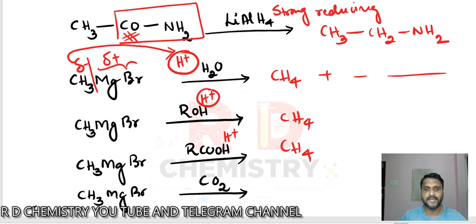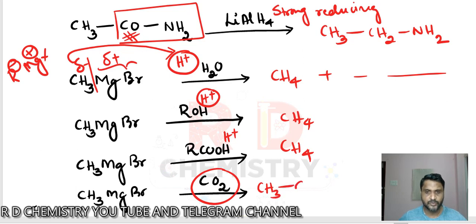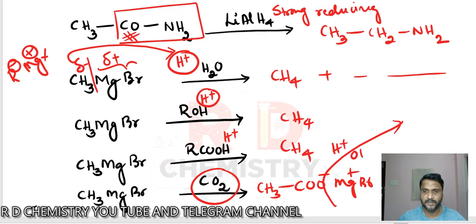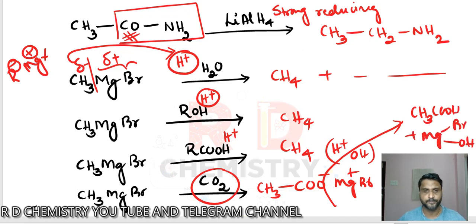Remember, whenever acidic hydrogens are there, they will be taken up by the R minus, because we write Grignard as R minus MgX. Okay, clear? See the last one. Now here we are going to get a carboxylic acid derivative. So we get CH3COO minus MgBr plus. Now this on hydrolysis, I'll write here. Hydrolysis means H plus and OH minus of the water molecule, acid hydrolysis. So we'll end up with the carboxylic acid CH3COOH plus the magnesium salt MgBr, the remaining OH part here. Okay, right?